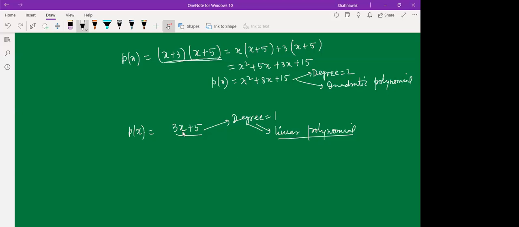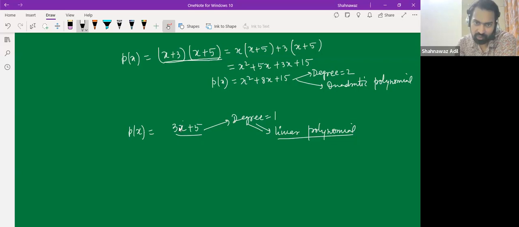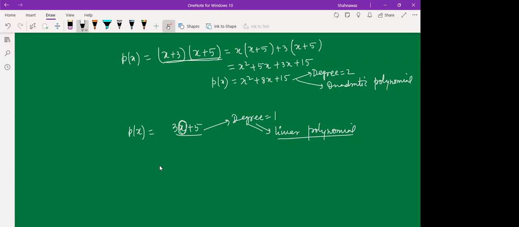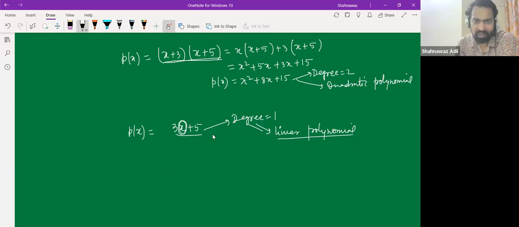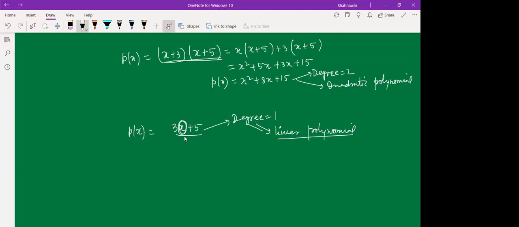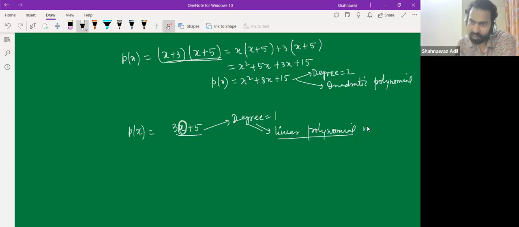One. So only this one is variable, right? 3 and 5 are numbers. They are constants, right? So only this one is a variable. Okay. So this is a linear polynomial in one variable,